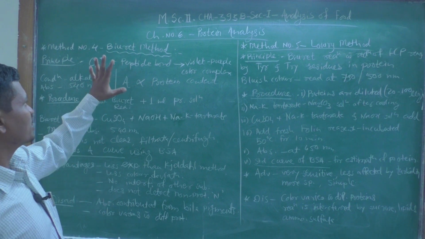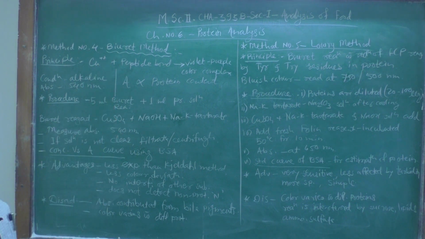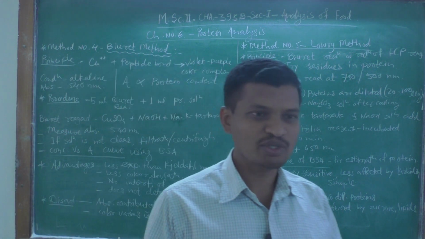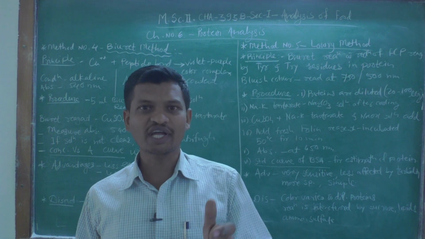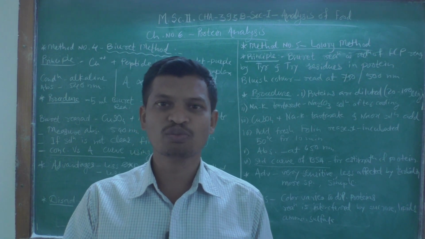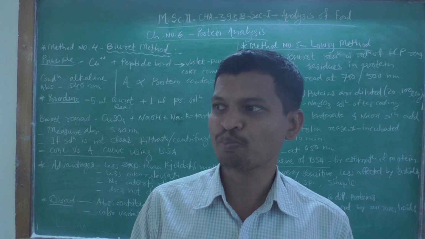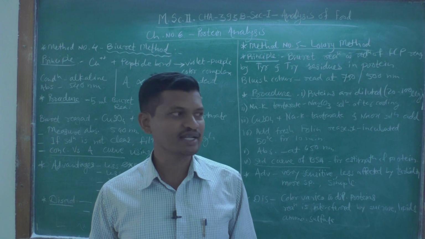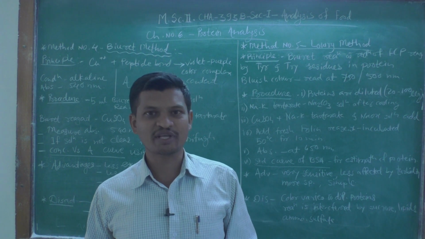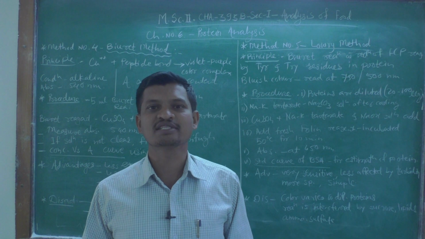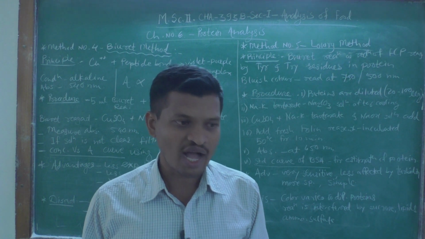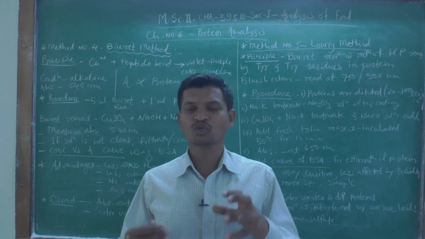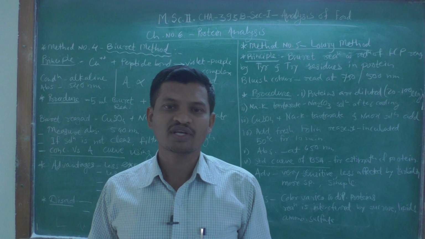So in this biuret method, what is the principle? The principle is very simple. Actually there is a formation of complex. Formation of complex takes place between the cupric ions, that is Cu2+. Cu2+ ions are known as cupric ions and Cu+ ions are known as cuprous ions, because it is low valent. Low valent ions have the suffix OUS and the higher valent ions have the suffix IC. So these cupric ions are there in the solution,